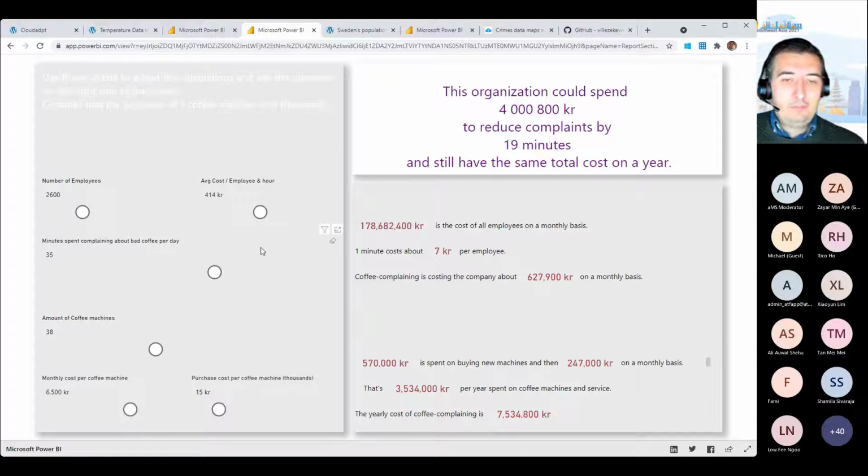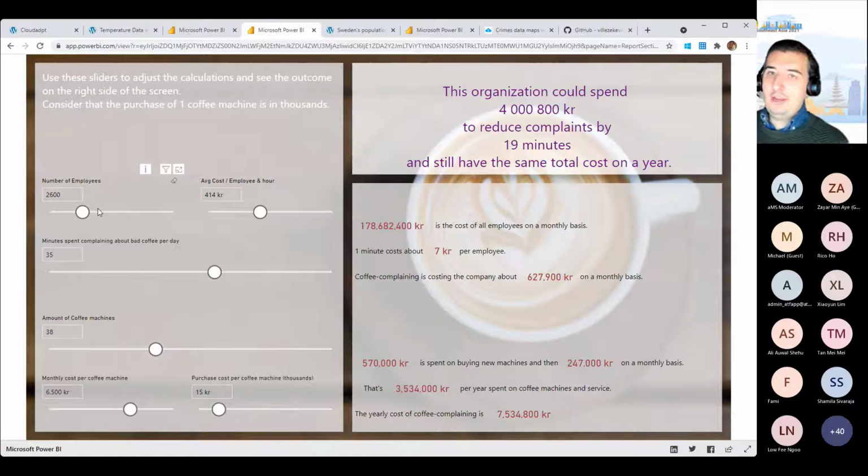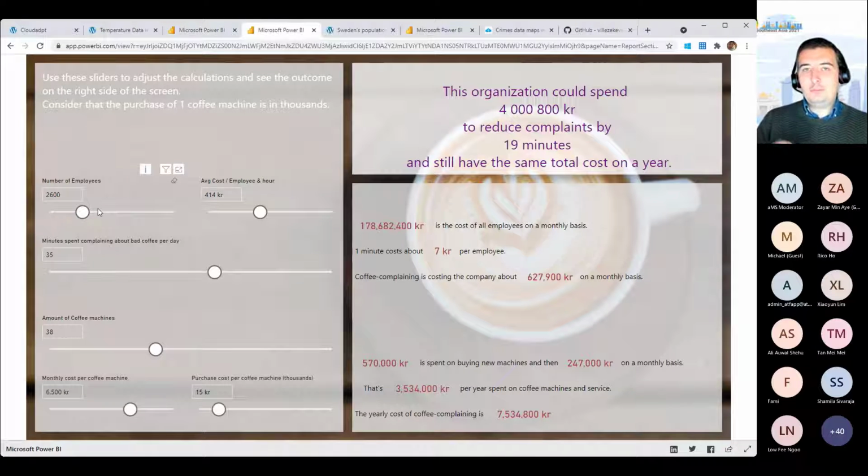And in here we have a bunch of sliders. These are what-if parameters in a Power BI report, and they are useful because in any Power BI report you can add them, and you can have the user use this slider to make the insights of their own. Like, what if we increased salaries by this amount? What if we decreased cost by this percentage? What if we added 2 more trucks to our route? What if we employed this amount of people, for example? And that makes it possible for you to alter things and see,